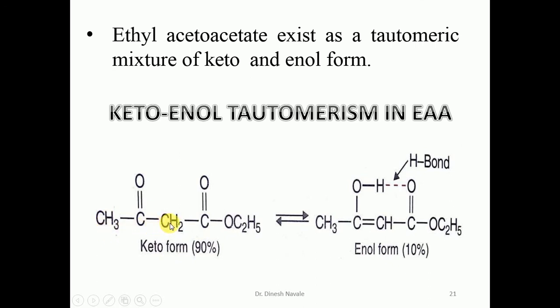In this case, this is the CH2 group. This carbon atom is the most active methylene group, making this hydrogen more acidic than the others, and this hydrogen is going to enolize. But due to this ester group, this carbonyl does not enolize too much, because of the electron withdrawing nature, making this a slightly less active methylene group. So that's why the ketone content will be more for the keto-enol tautomerism in ethyl acetoacetate.